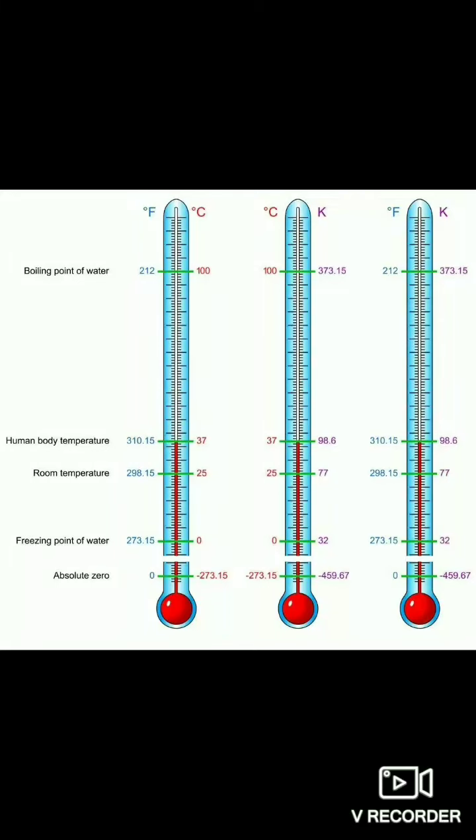Welcome back, children. This is the continuation of your chapter Heat, up to the relationship between the temperature scales, which I just finished in the prior videos. Now I am going to start with the relationship between the three temperature scales, that is Celsius, Fahrenheit and